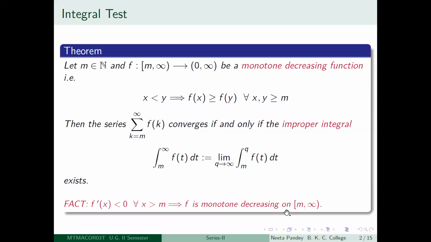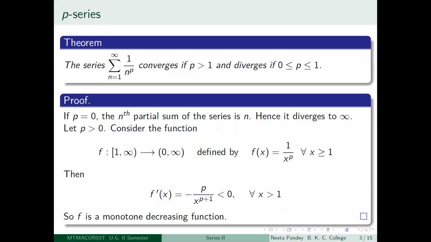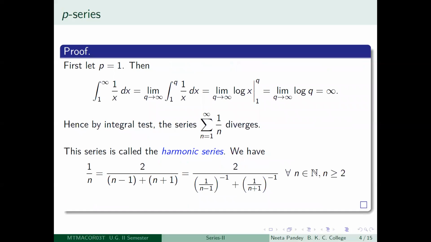Now what you have to do is look at this integral and determine whether it is convergent or not, that is, whether its value is finite or not. Depending on that, the series will converge. Since you know that if you integrate 1 over x to the power p over any range, the value of this integral is going to be completely different when p is not equal to 1, and it is going to be different when p is equal to 1. So we will do the two cases separately.